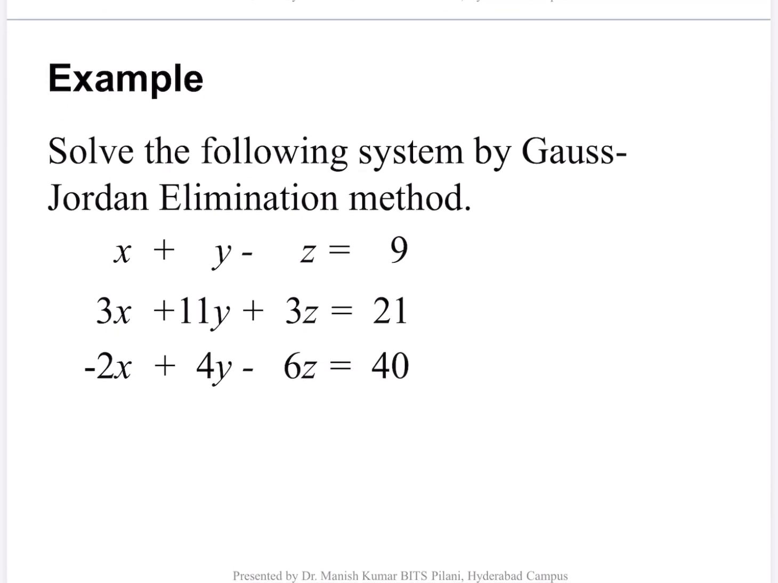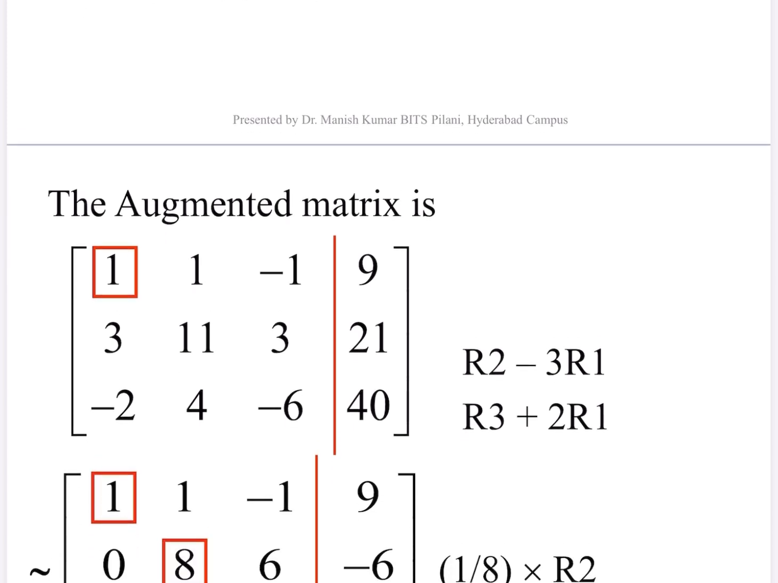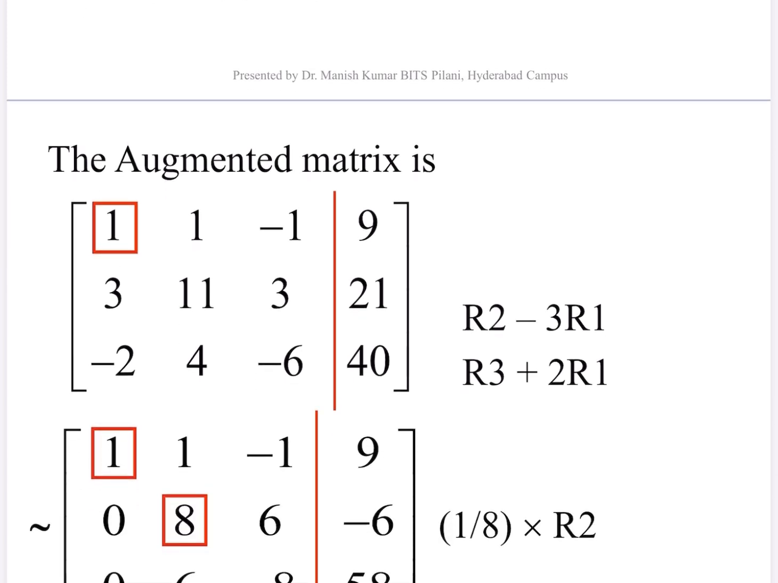Solve the following system by Gauss-Jordan elimination method. So x plus y minus z equal to 9, 3x plus 11y plus 3z equal to 21, minus 2x plus 4y minus 6z equal to 40. So first we create the augmented matrix, the coefficient matrix A, and column vector B. Okay, then you see this is your pivot entry, and fortunately this is 1, so we mark it as